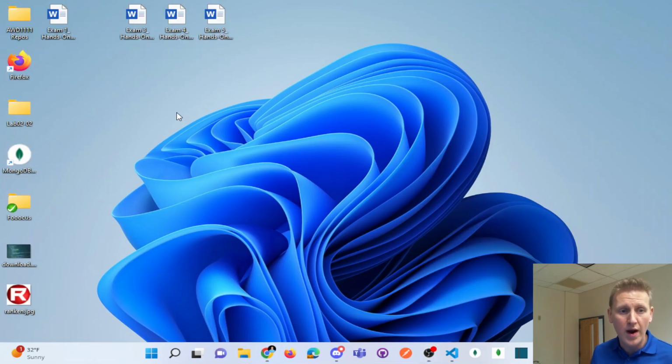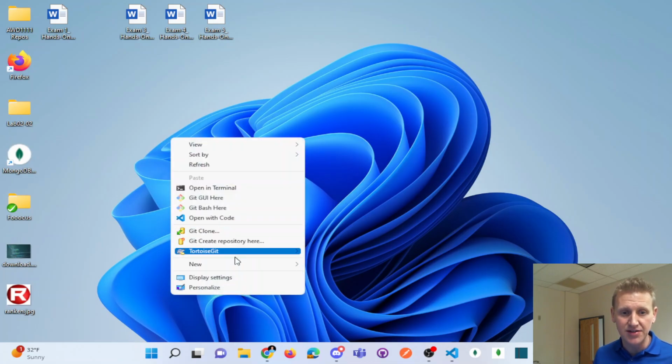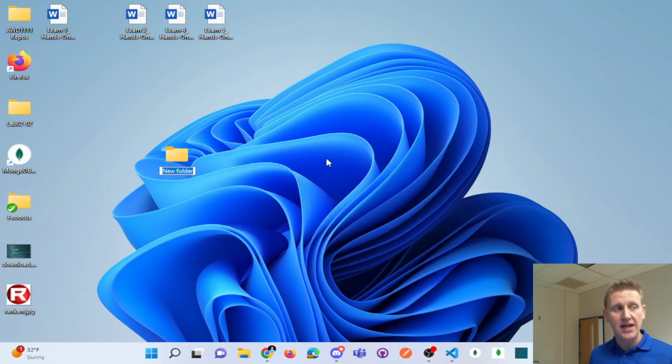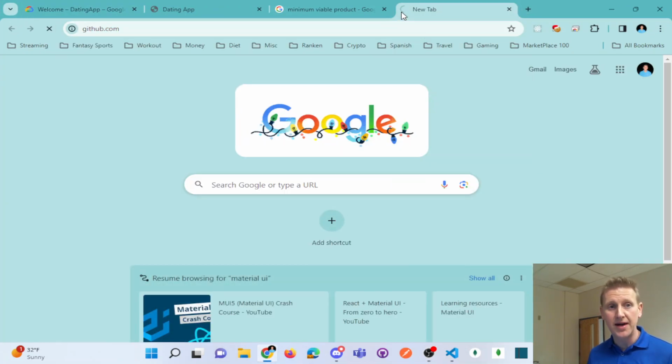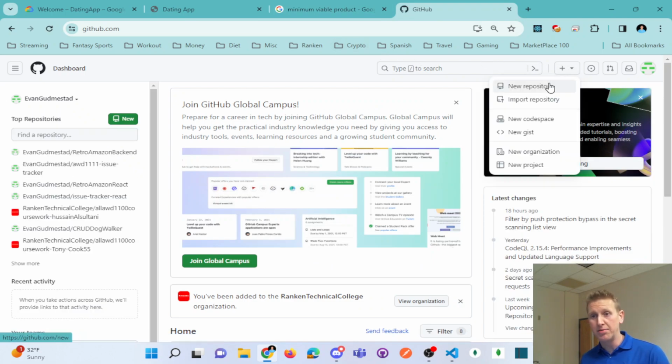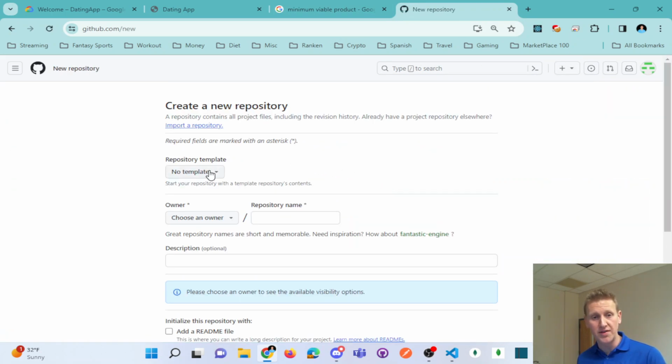Now, the way I'm going to be creating this and deploying it, I'll just create a folder on my desktop. And in this MERN app, I'm going to be creating both the Express backend and the React frontend in the same folder. You probably want to get this on GitHub, so you might want to clone a repo to get started. In fact, I'll do that. I will make a GitHub repository, github.com, and create a public repo so I can put this source code on the internet